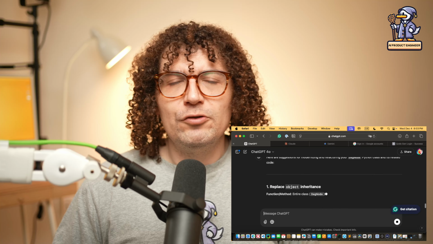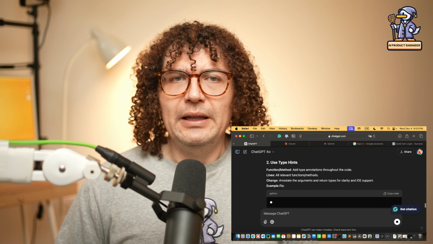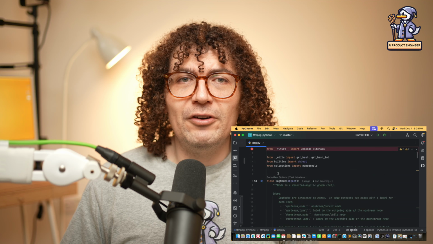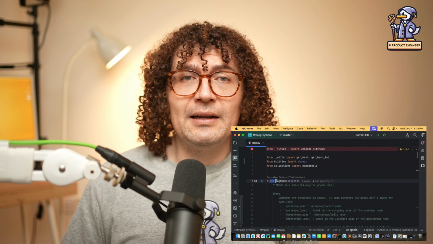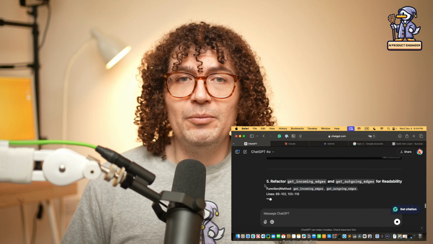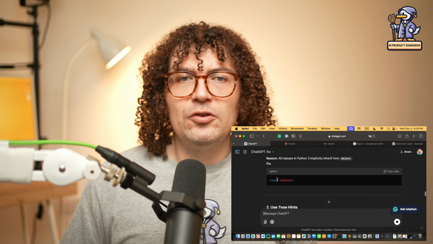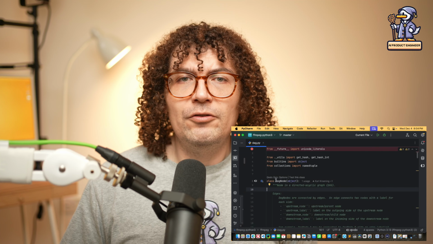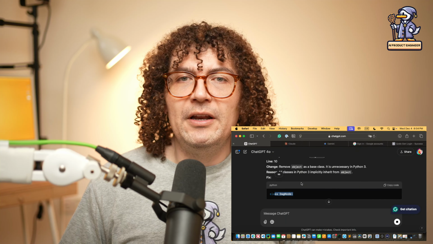So it has suggestions for modernizing. It says replace object inheritance. Line 10, class DAG node. Let's quickly look at that, right? Often LLMs are not that good with numbers. So I'm not even sure if line 10 corresponds. You can see that it's referring to the class DAG node. This is line 8. Line 10 is an empty space, right? So it's already something that is not exactly correct. The fix says to use class DAG node like this, instead of how we have here that we are inheriting from object, because it's unnecessary in Python 3, everything inherits from object.